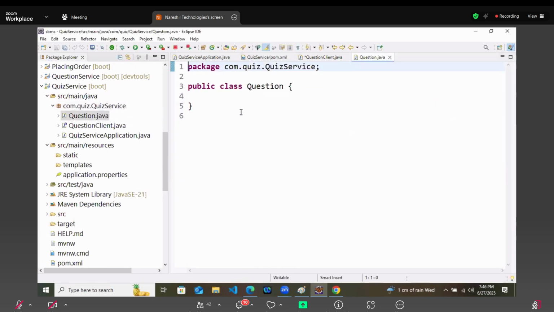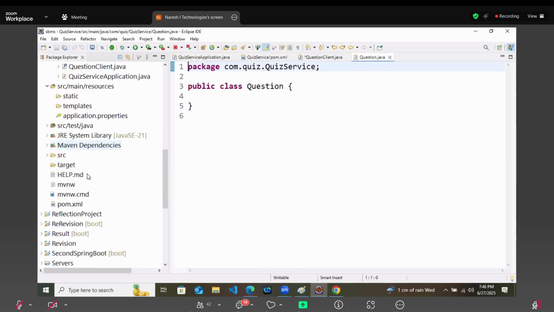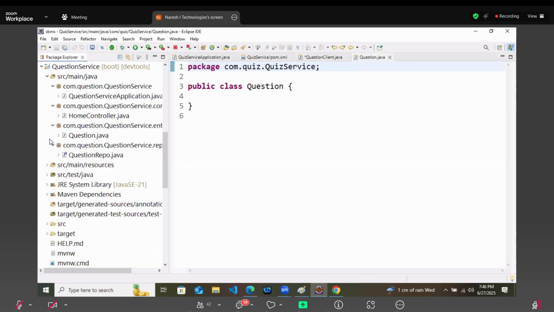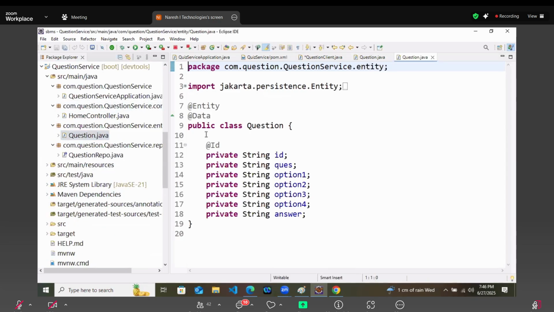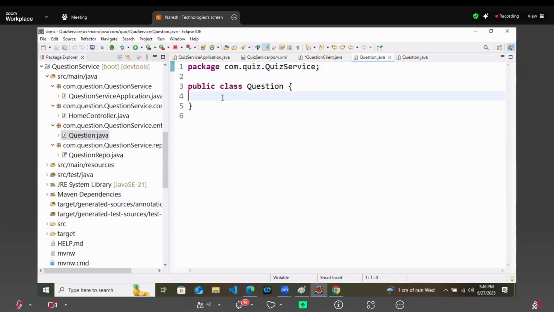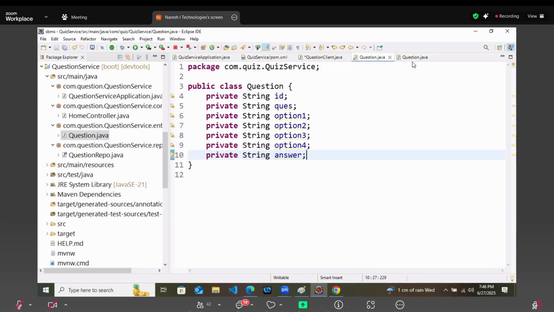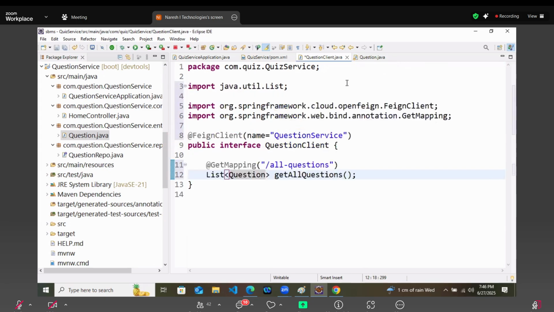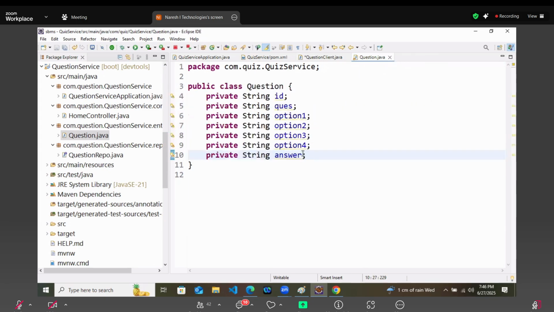And inside this question class, I will just make it exactly the same as how it is available inside the other service. So all these fields I will copy and give to this. Only fields, no need to give ID because we don't want the table here. We just created a question class to take the reference. That's it. No getter, setter, nothing.